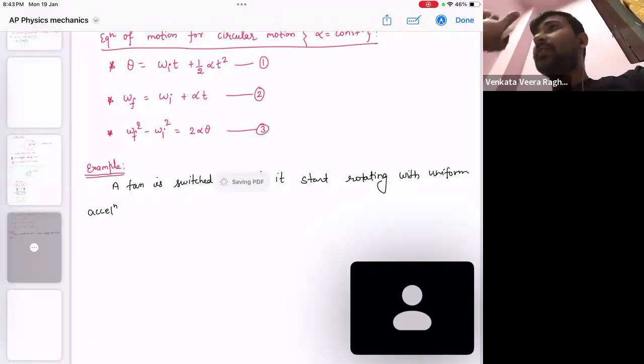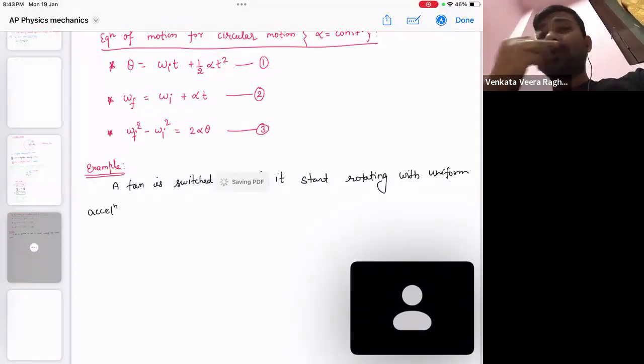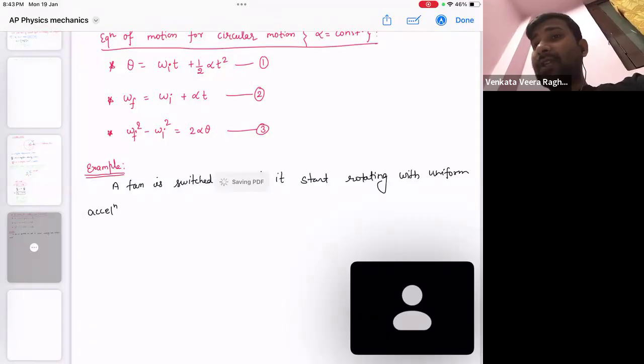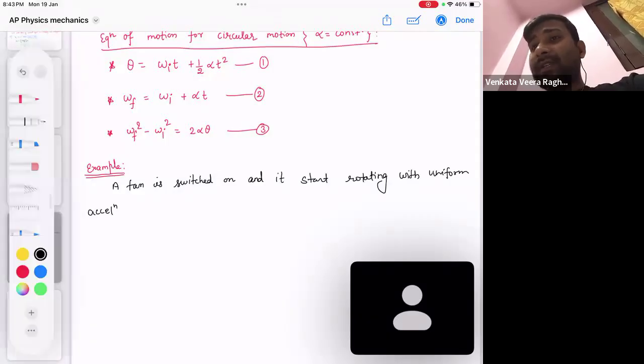Rotating with uniform angular acceleration, because the motion will be what? The circular. You can say that every point of the blade will be doing what kind of motion? The circular motion. Okay? The fan is switched on and it starts rotating with uniform acceleration of 5 radian per second square. Okay, find